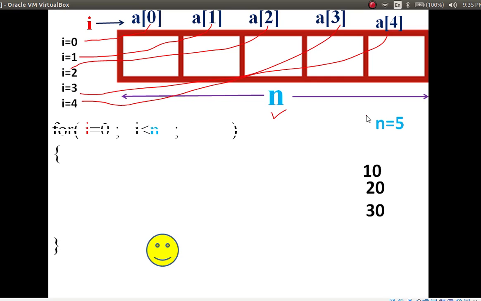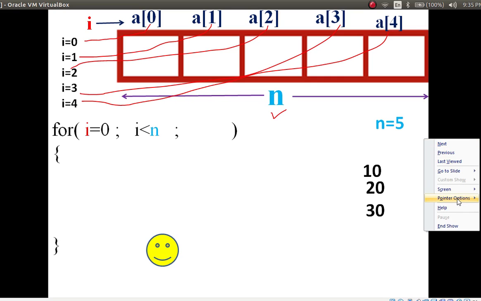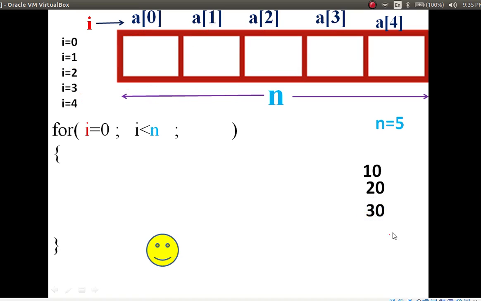Now, how will it work? To store or print, we have to use a for loop. Looping is required. So here I am considering a for loop. Now the i value is 0.